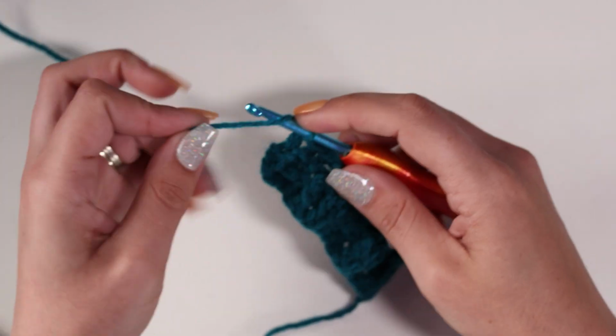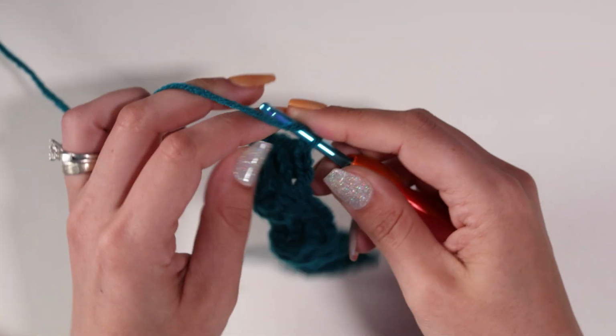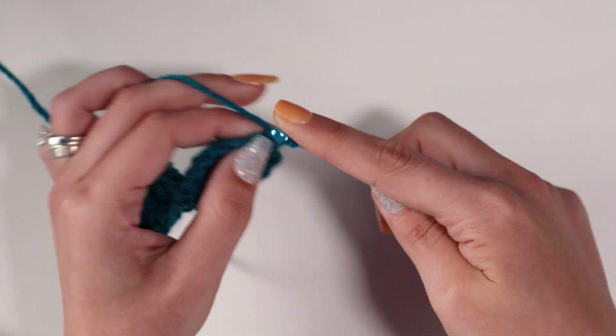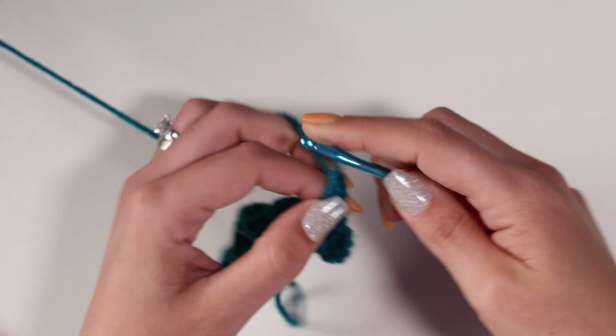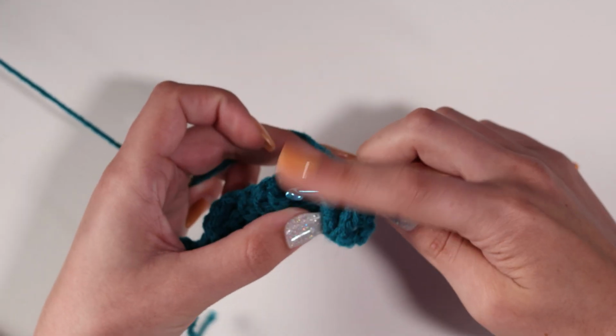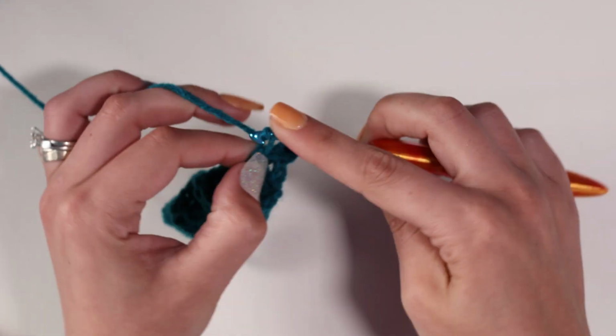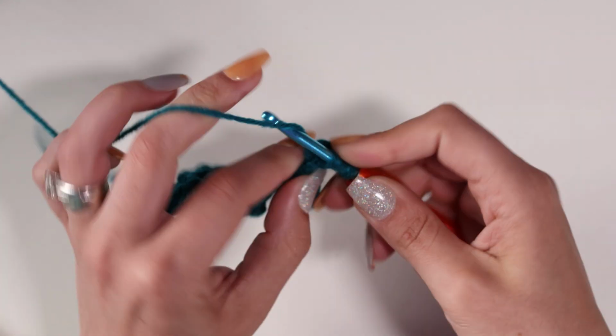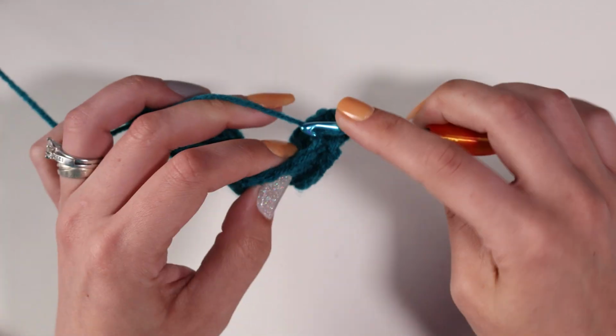So we're gonna do 1 more row doing the exact same thing that we've done for the past 2 rows. So you're gonna start with your double crochet, and then you're gonna work your front posts, back post, front post, all the way across. And again, I will meet you at the end, and that will complete our first set